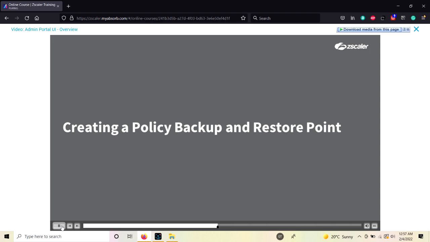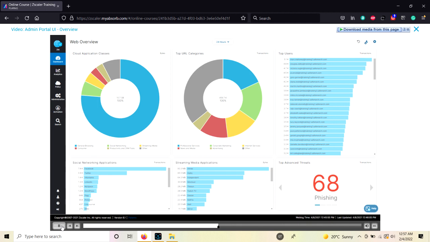In this section, we will cover backing up and restoring policies. The backup and restore process here is not used in a disaster recovery sense where you end up with a backup of your configuration that you store somewhere. It is used as a snapshot system where you can make a backup of your configuration before making changes, so if there is a logic error or other problem with your changes, you can roll back to your previous configuration